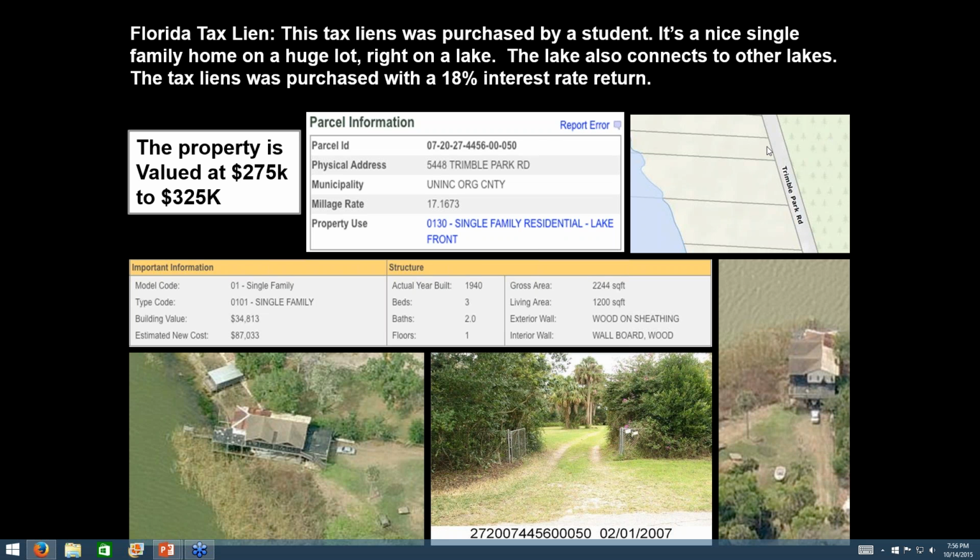So Florida is a little bit different than most other states, but it is a great state for tax lien certificate investing. You have a little bit less chance of getting a property, but you've got a higher chance of getting your interest rate return. So it really depends on how you look at it. And if you want to acquire property, then you just do Florida tax deed investing. So there is a little payoff on either end. But it is a good state. They offer high interest rate return, the counties are easy to work with, there's a lot of tax lien certificates, and you don't have to do the foreclosure.